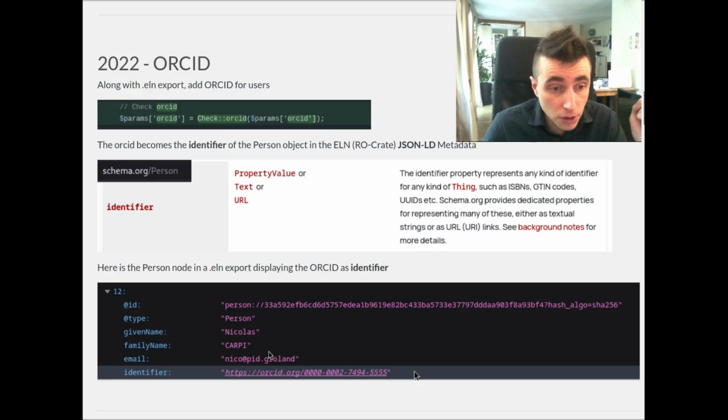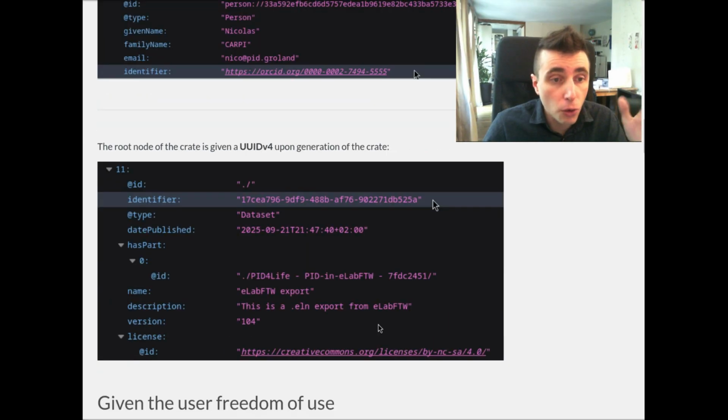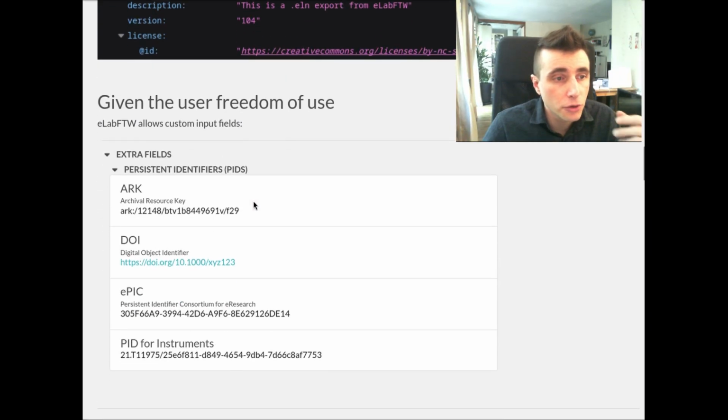So this is an example of a person node in the JSON-LD with the identifier that is basically just the URL with the ORCID. Also, the root node of the crate, so the node defining metadata about the crate itself, has a UUID v4 identifier. In eLab, you have the possibility to allow custom input fields, which can be defined at the template level.